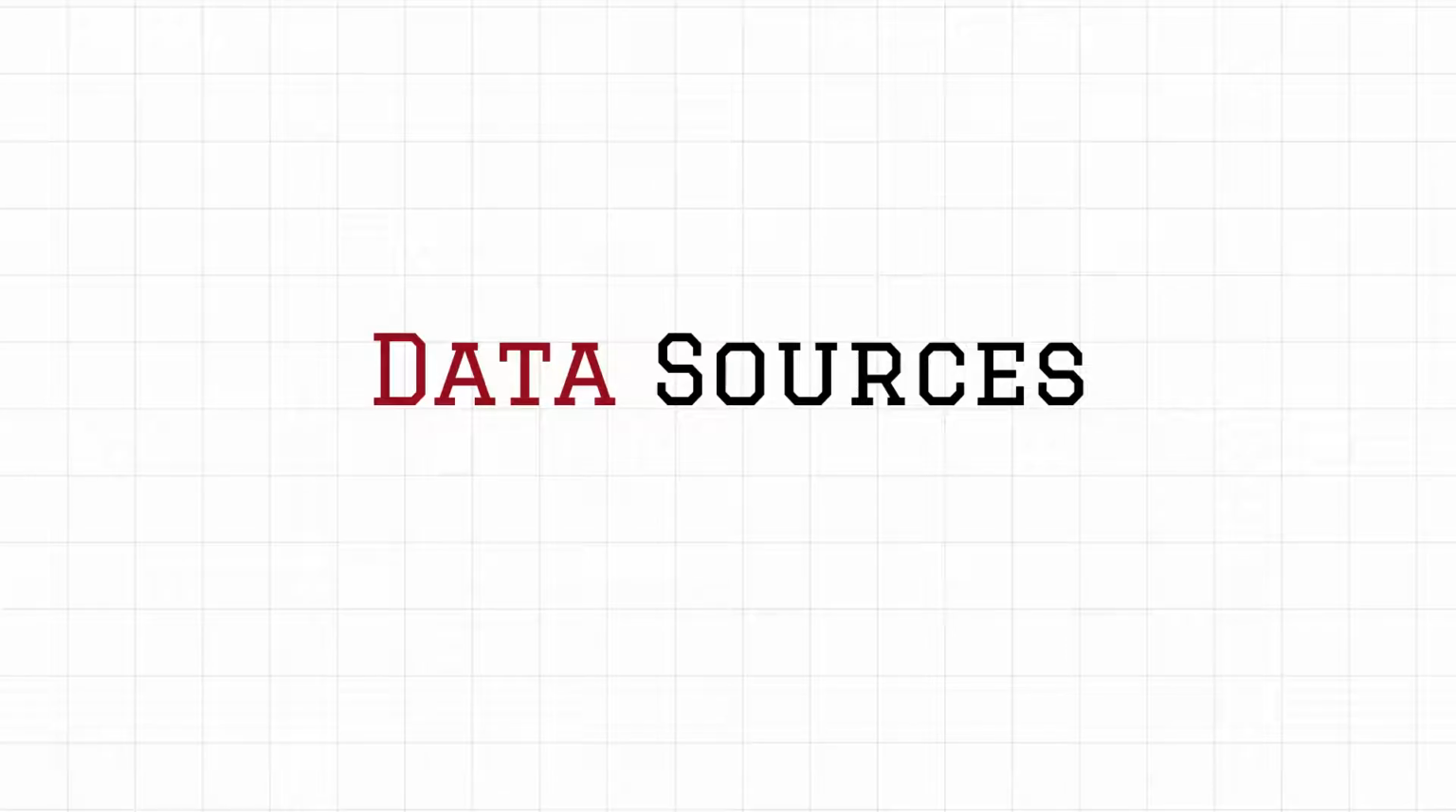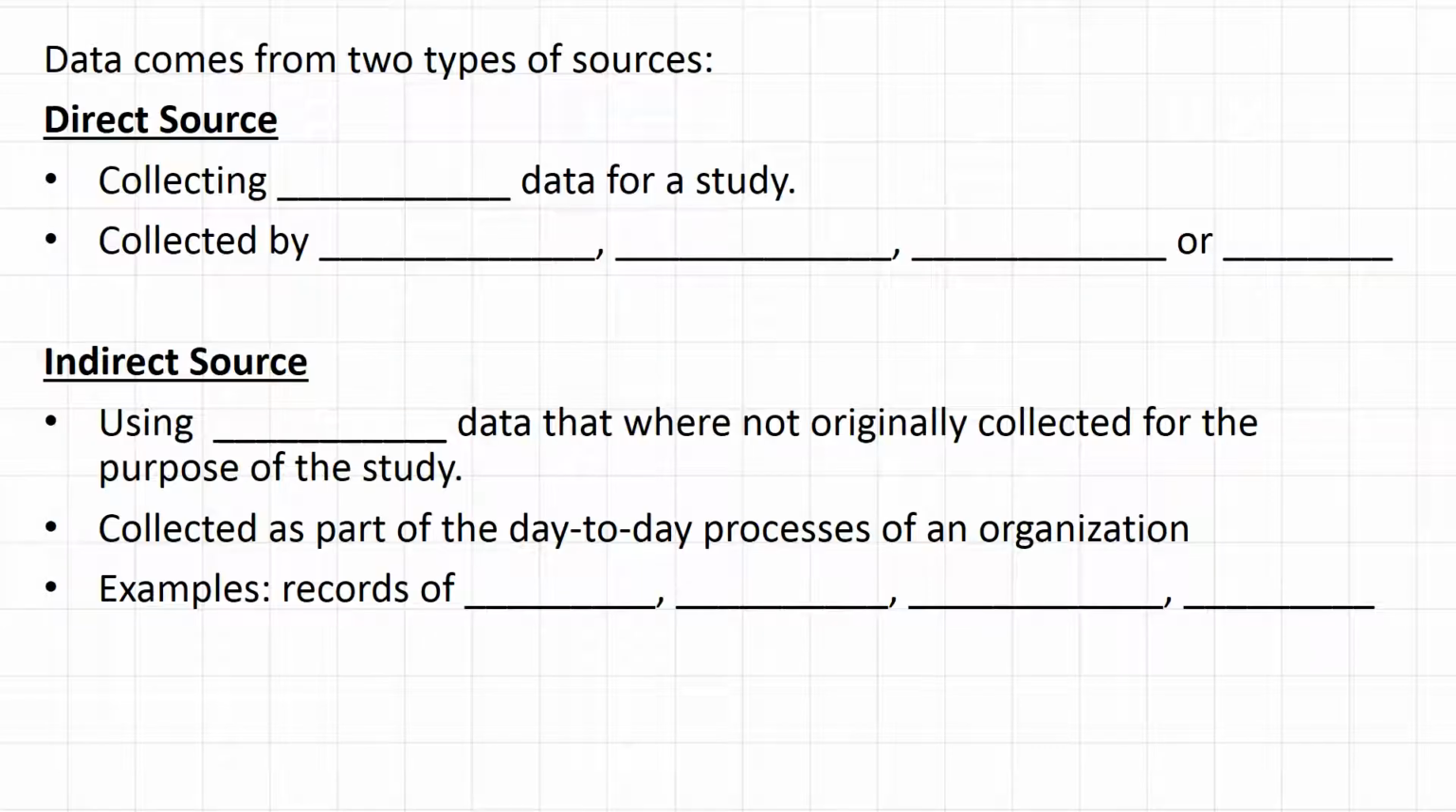We have talked about the differences between qualitative and quantitative data in a previous slide. Now we're going to use a little bit more vocabulary to define data. So data also comes from two sources. It can be from a direct source, and if it's a direct source, it means you are collecting new data specifically for that study. And you can collect it by surveys